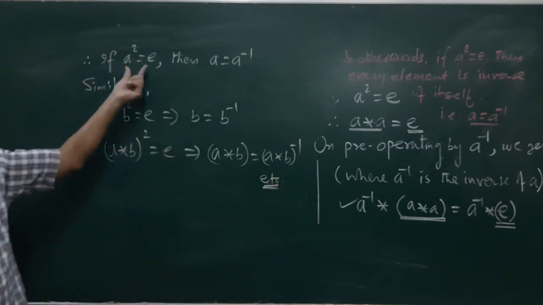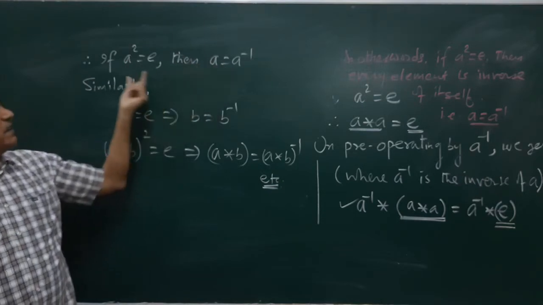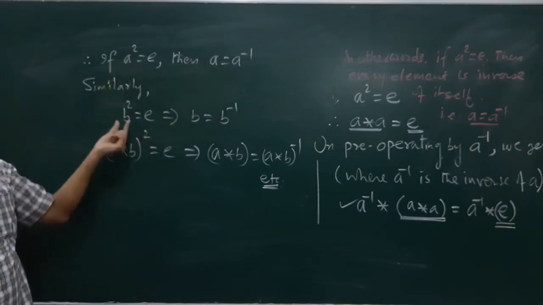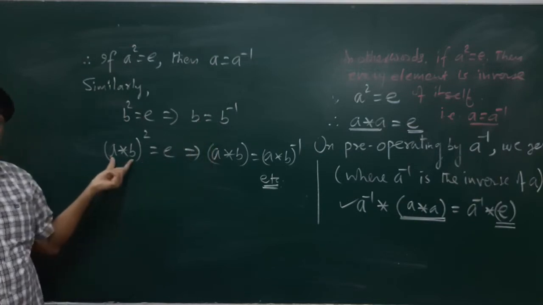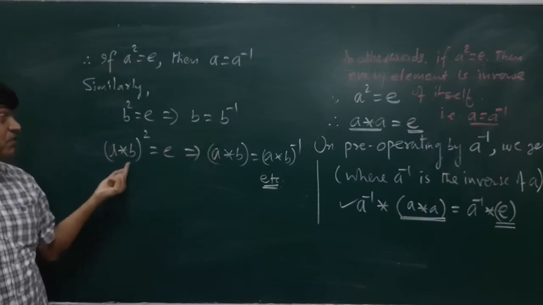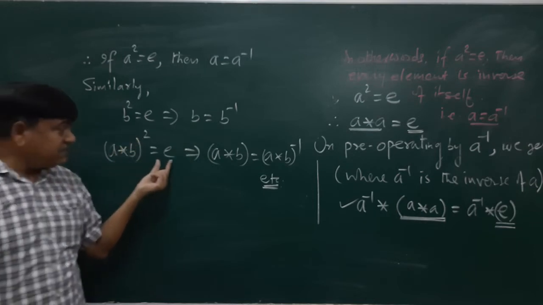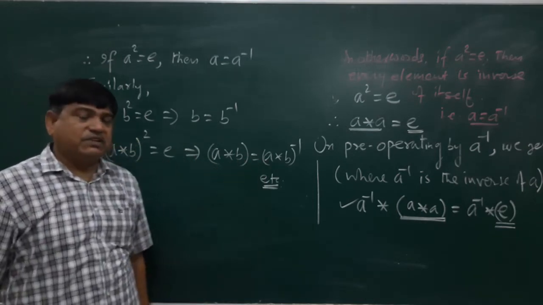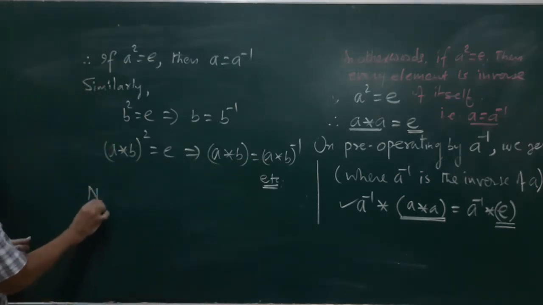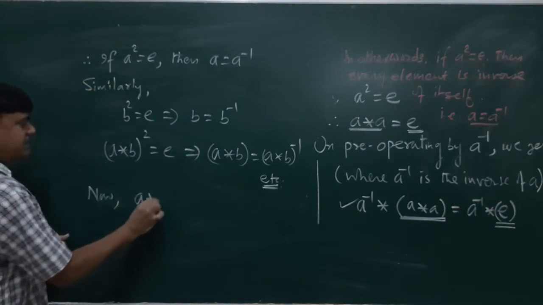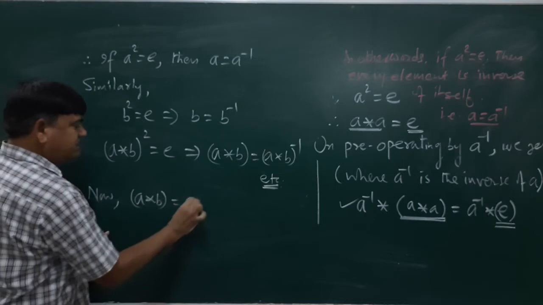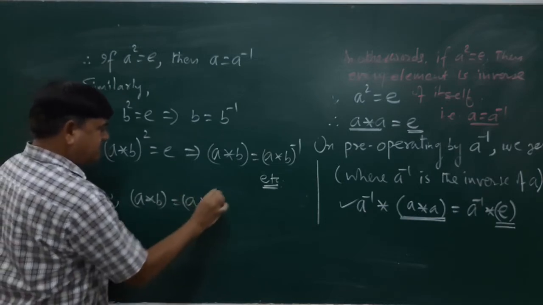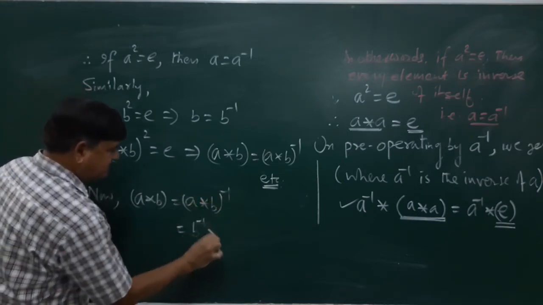A square equals e, that means this. Instead of a, if this is the element, then this one. We have already seen this is also a member of Z, so the square of this is e, it means it is equal to its own inverse. Now, a star b equals, this is